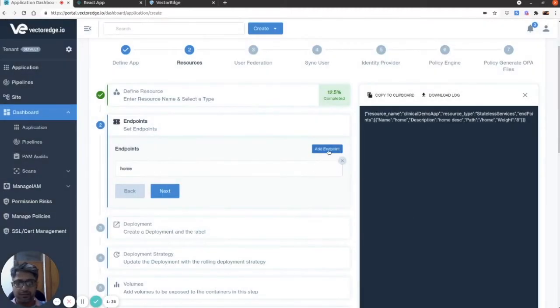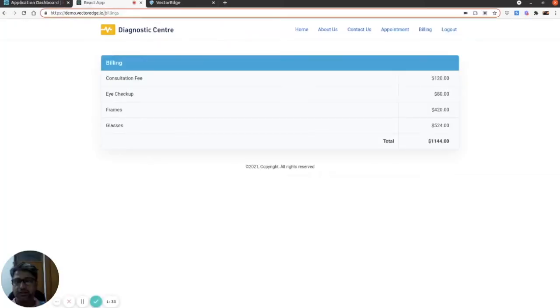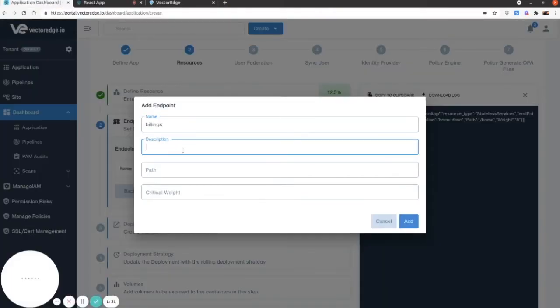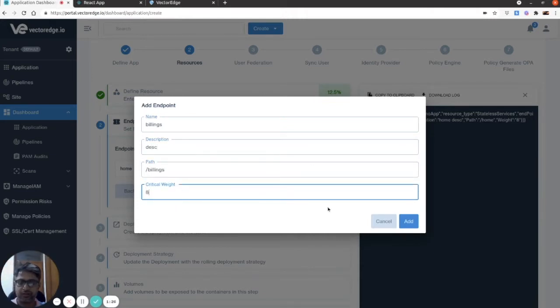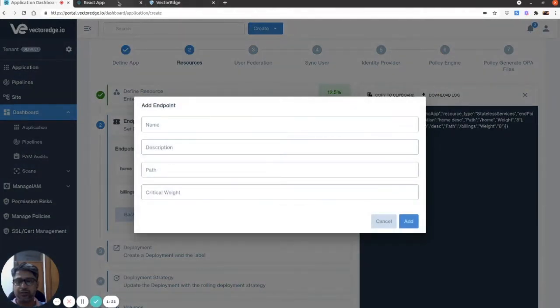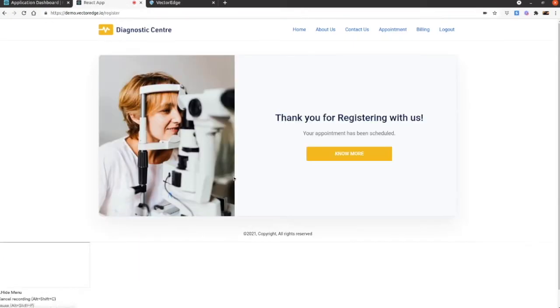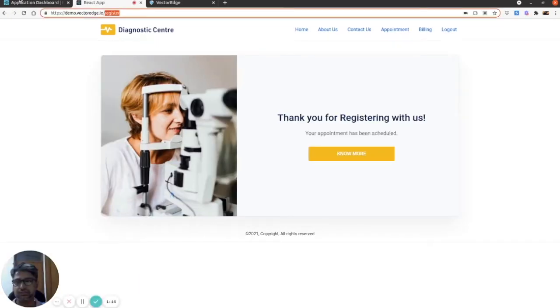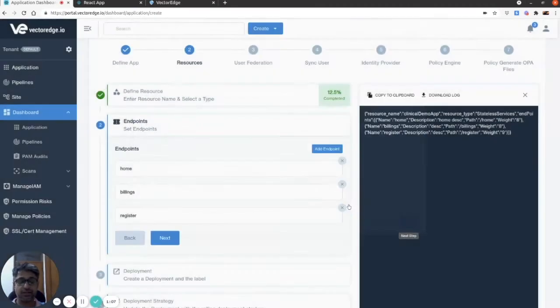I'm going to add three different endpoints. Next, I'm going to add one more endpoint, which is for appointment. So I've added all three different endpoints.